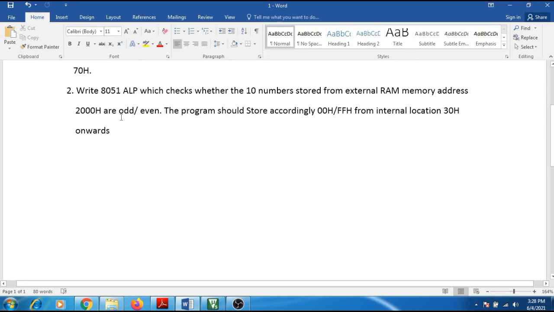If the number is even, we need to store 00H, and if the number is odd, we need to store FFH. In the earlier program we took only one number to check, but here we are taking a block of data. That is the only difference between this program and the earlier program. So try to write the program for this problem.